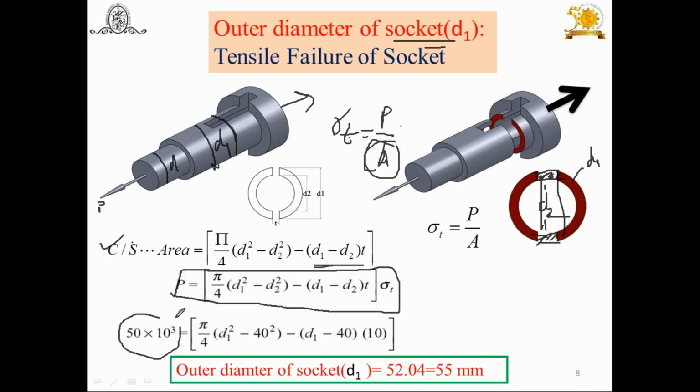And you know the P, 50. What is sigma T? Sigma T remains the same, because the socket and spigot are all made of the same material. Therefore, sigma T permissible is equal to SYT upon FOS, which we have calculated. So it is 66 point something, taken in the earlier slide. You can take that value and substitute all these values here. What is T? The thickness we have calculated is 0.31 times the D of the end rod of the spigot and socket. By using this relation and D2 from the earlier slide, the outer diameter of the spigot, here you will get D1. By solving this equation, you will get D1 as 52.4 or 55 mm.